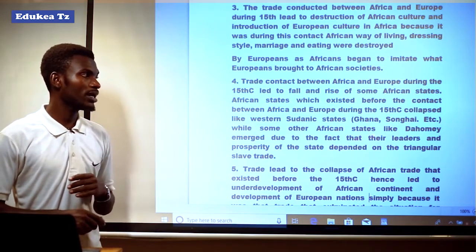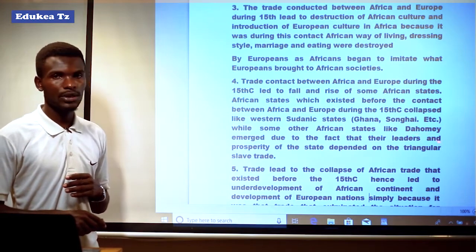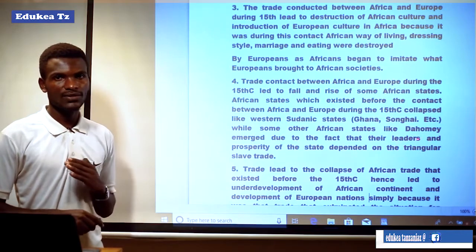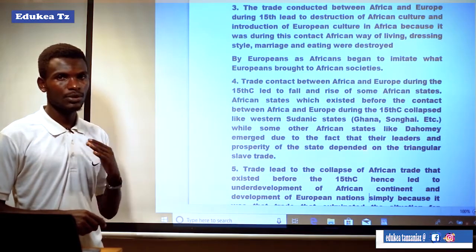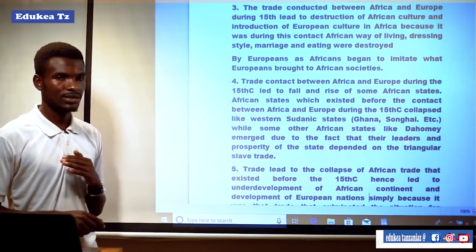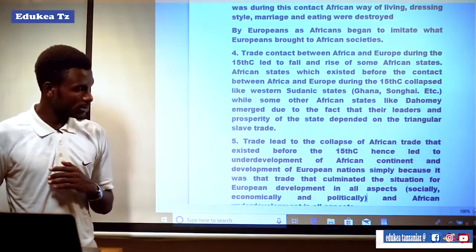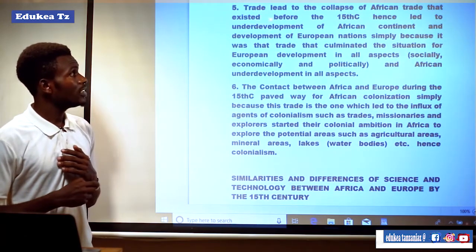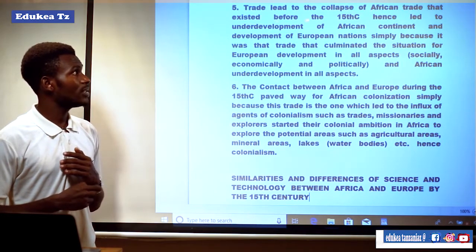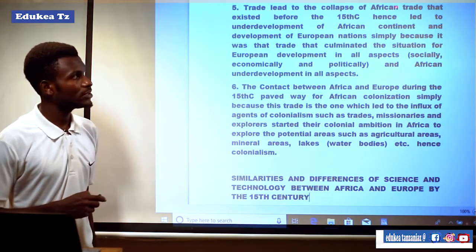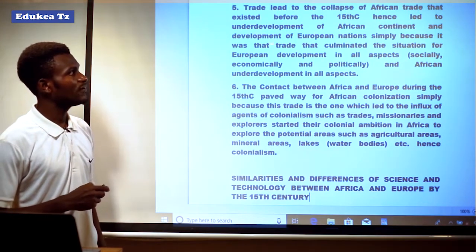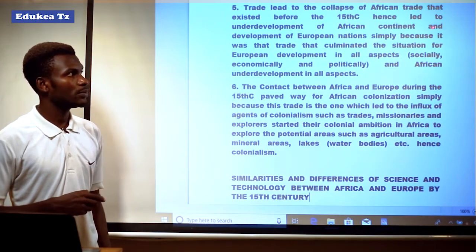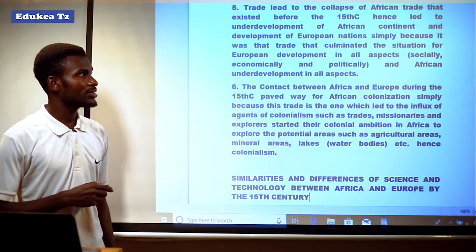So in one way or another, states like Dahomey developed as a result of the trading activities or the contact between Europe and African societies. Another impact was that trade led to the collapse of African trade that existed before the 15th century, hence led to underdevelopment of the African continent and the development of European nations, simply because it was the trade that